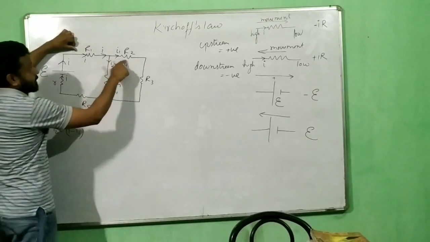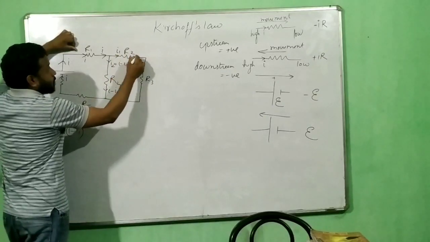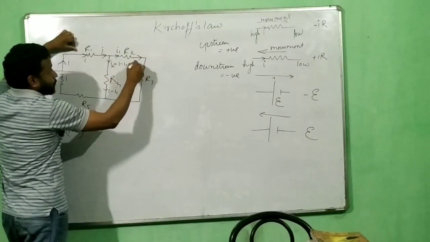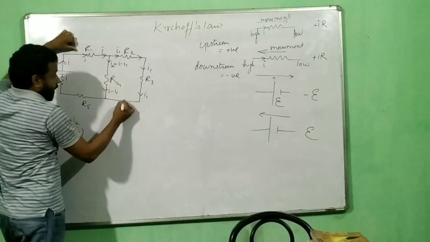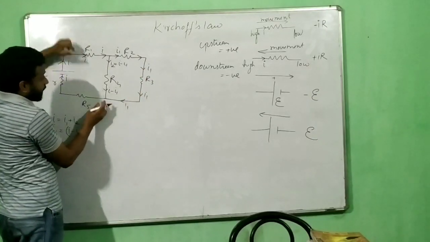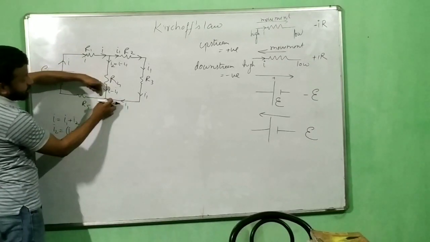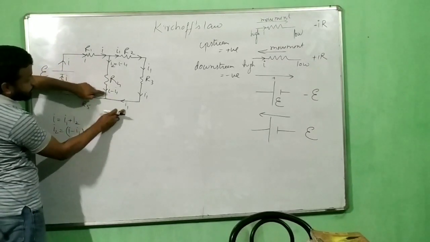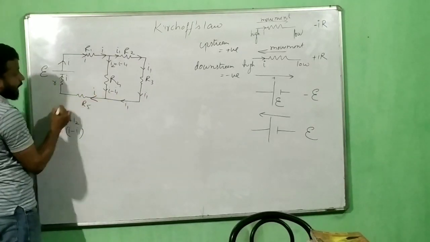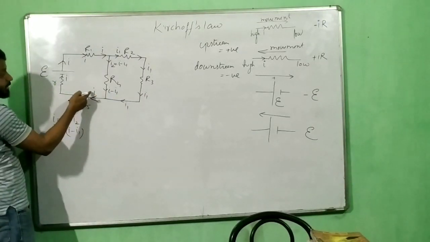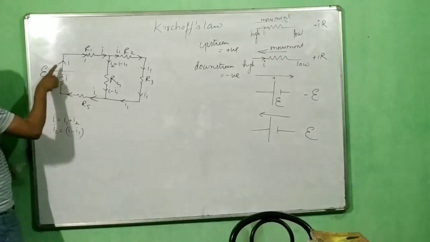Correct? Now this is your I1. So in R2, I1 flows. I1 continues to flow. There is no junction. Now here I minus I1 and I1 are coming together. So when you add them up, minus I1 plus I1 will get cancelled out. So what will you get? You will get I again. And I was expecting this I because the same I should go back to the battery.